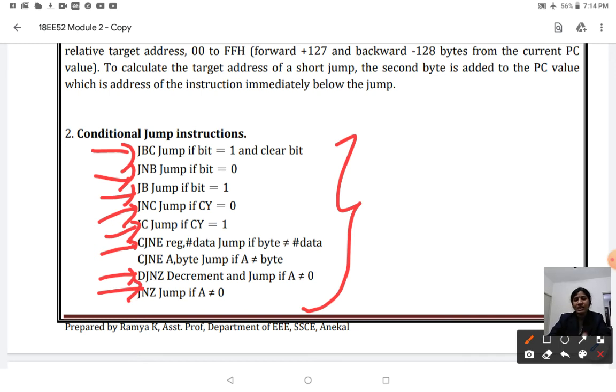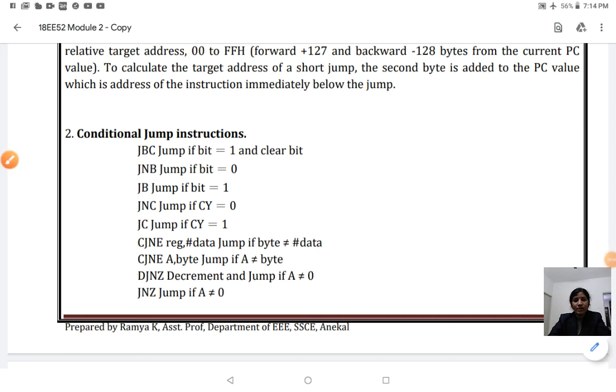All these conditions were discussed earlier with an example. So I have summarized the instructions that satisfy your conditional jump instruction, conditional branch instruction.